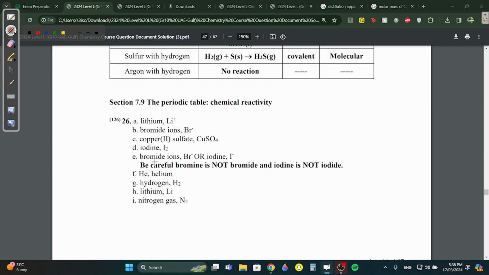Bro, just write it. Don't write the words, just write Br minus or I minus. Don't confuse yourself, I'm just going to put minus. I don't know why they put iodine. This should be iodide here because it's an ion. Anyways,